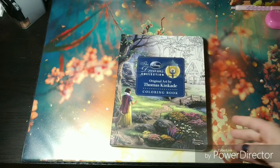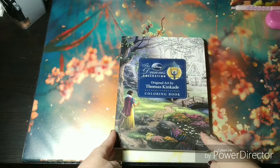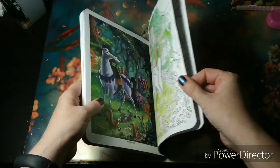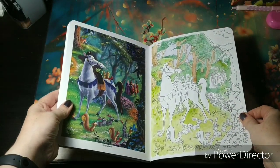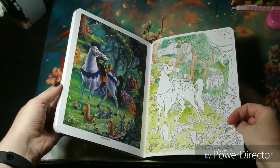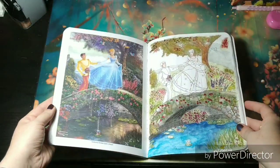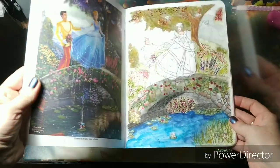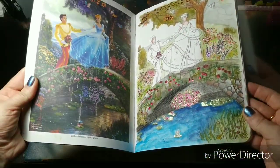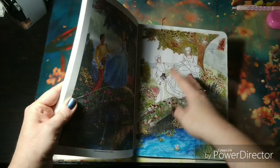The second book is the Thomas Kinkade coloring book. I love this one, but it scares me so much. I've started 2 pictures. I did this with watercolor base, but I don't dare to work more on this one. And quite a while ago I started this and I hate it, because I was exaggerating with all the glittery details with Stickles, and I've only got those 2 to color in, and yet